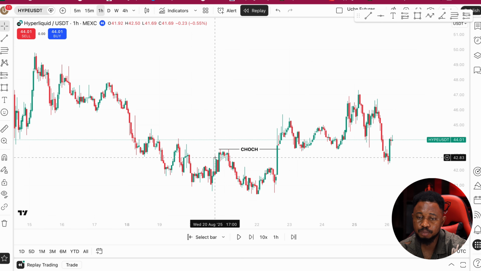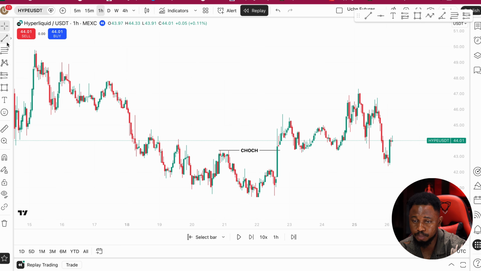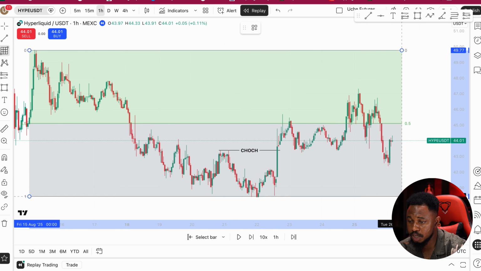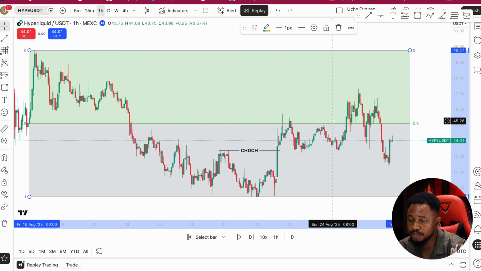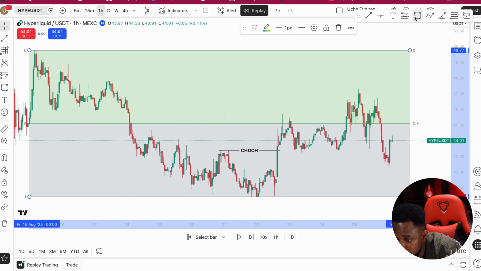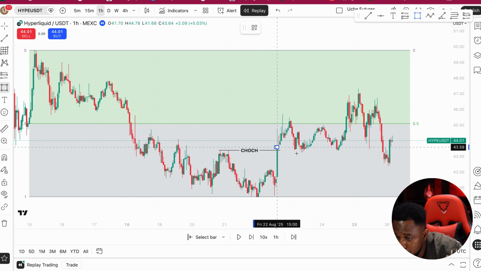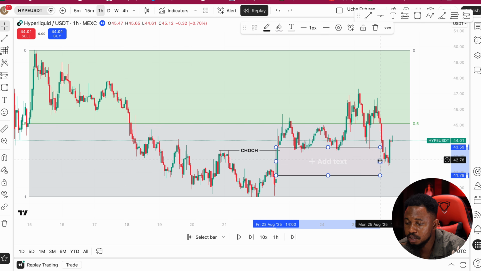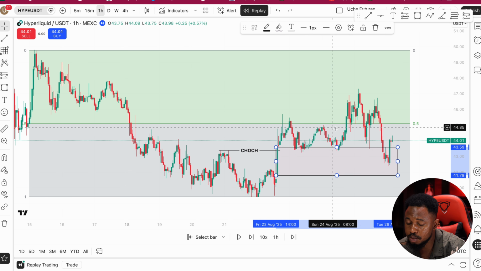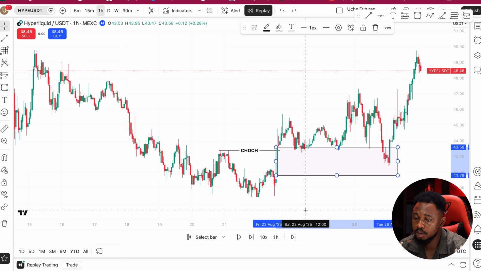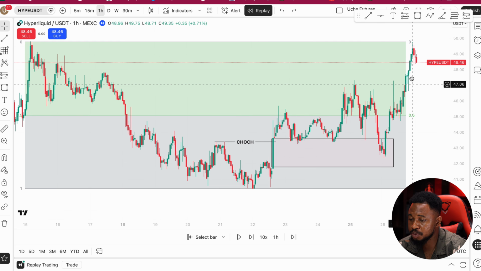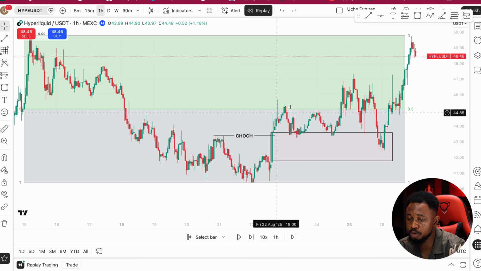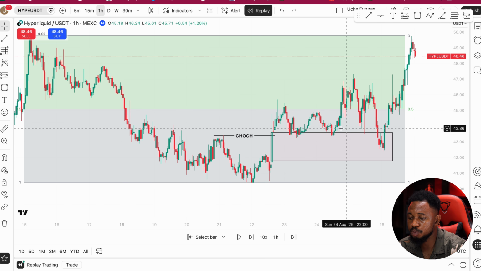So if I draw my gain box from the top to the bottom, for instance, where can we find our 0.5 region? Anything from here downward. Now, where are the fair value gaps you can see here? I can basically see a fair value gap here. Although we can see it taps the first time, tapped again the second time, and it's tapped here the third time. So even though this trade played out very well, what I want to show you is, yeah, it had multiple taps here, but in this situation, we only want to long from here. Although this is not a perfect example, we only want to take long positions from 0.5 to 1 here,